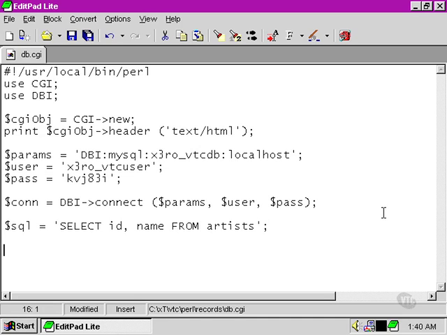Once we've done that, we need to set up what's called a statement handle. Now, the statement handle is different from the database handle. The database handle takes care of the connection between the Perl environment and the database environment. The statement handle looks specifically at one query or one particular procedure that's going to be carried out on the